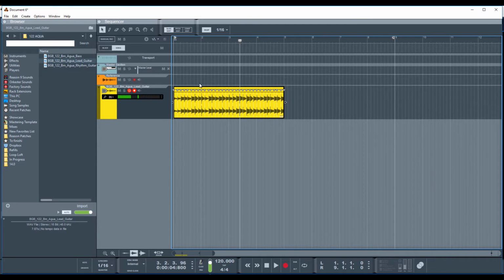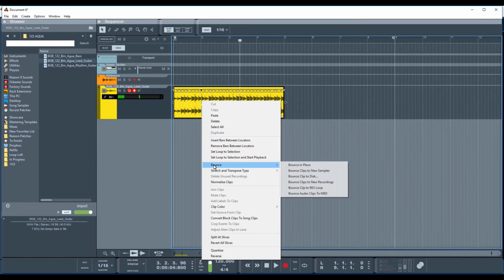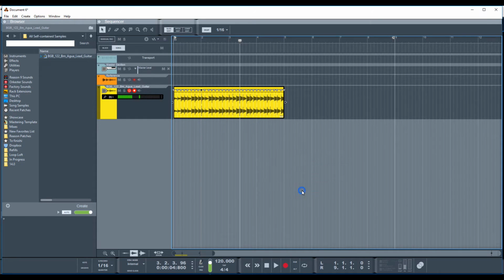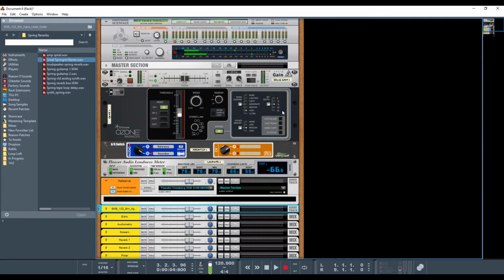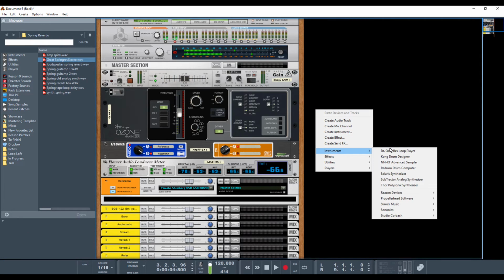We're in the slice edit mode. If it's grayed out, you got a problem. So bounce clip to Rex loop. A new Rex loop is going to come up right here. Now we'll go to the rack. We'll create a Rex loop player,